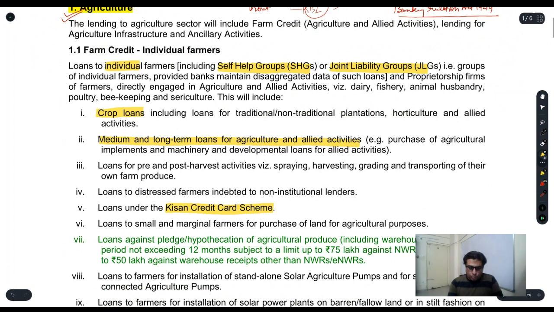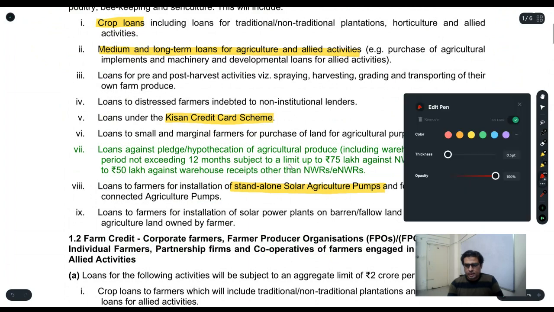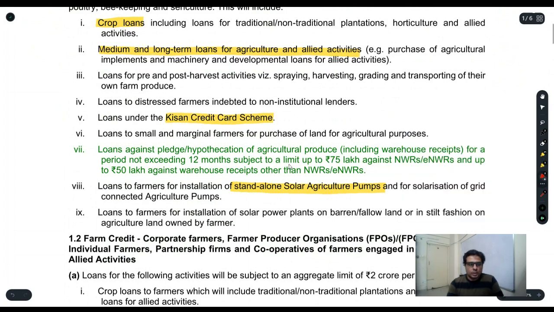So all loans, you can see here: stand alone solar agricultural pumps, renewable energy, Kisan credit. This is a little bit significant from the point of view of the exam. The Kisan Credit Card scheme comes under priority sector lending, because sometimes students feel that it is a credit card, so maybe